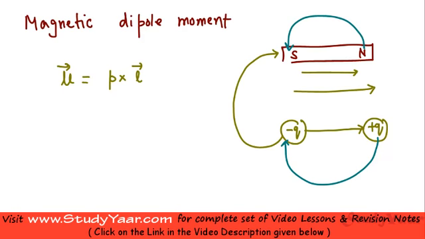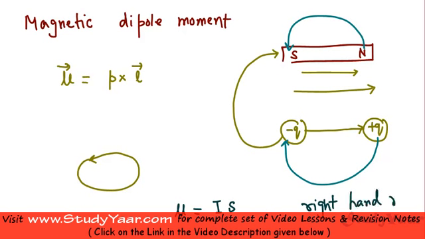If you have a current going like this in a circular closed loop, then this current also produces a magnetic dipole moment. The value of this magnetic dipole moment is equal to the current into the area of this loop, and the direction is given by the right hand rule. What is the right hand rule? You simply curl your right hand